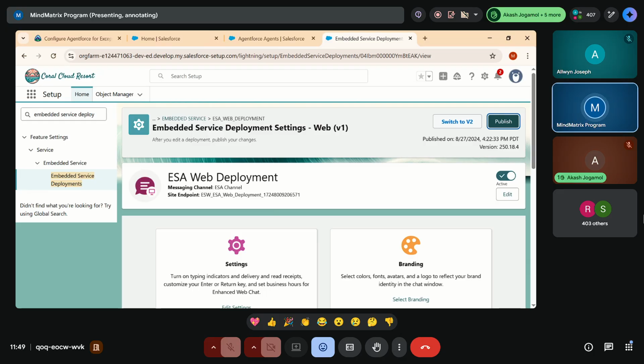So when you click on that publish, it will take more than 10 minutes. You don't need to wait. We can move on to the further procedures. So you just click on publish. After that,